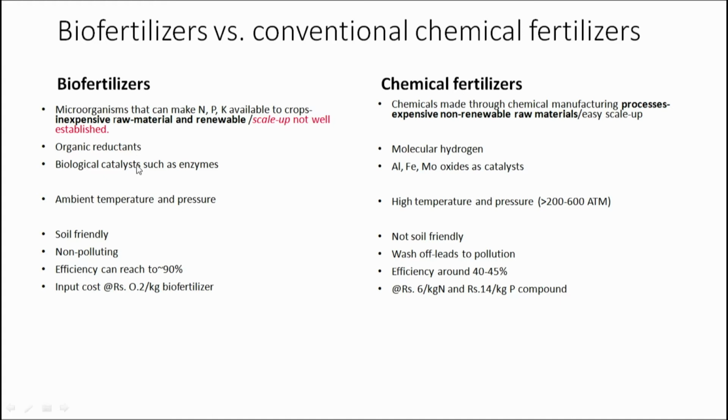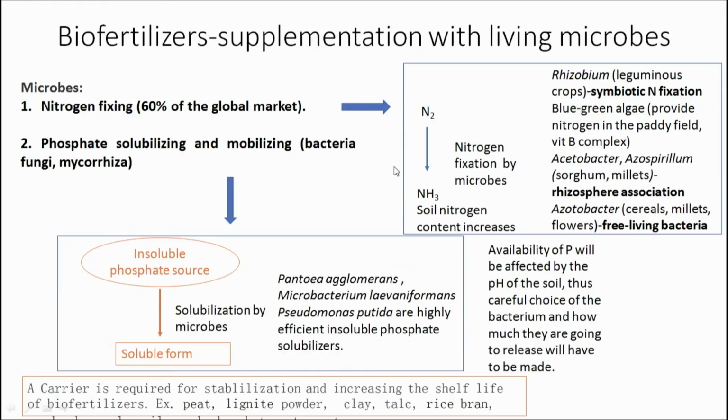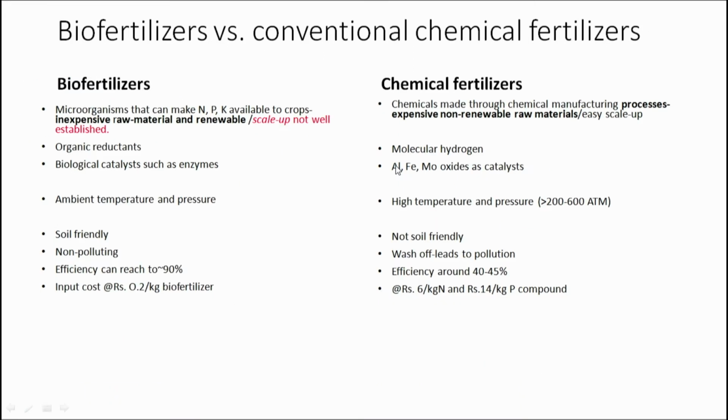The third point is that with biofertilizers, what we are using is enzymes which are present in these microorganisms, and they are going to convert nitrogen and hydrogen into ammonia. So, these enzymes are called biological catalysts. In the chemical fertilizers, on the other hand, you have to add many of these metal oxides as catalysts. Both nitrogen and hydrogen cannot combine. If you put these two gases together, they will not be able to combine in order to make ammonia, but rather you would require some chemical catalysts, which are written here. Like, for example, you have aluminum, you have iron, or you have molybdenum, etc.